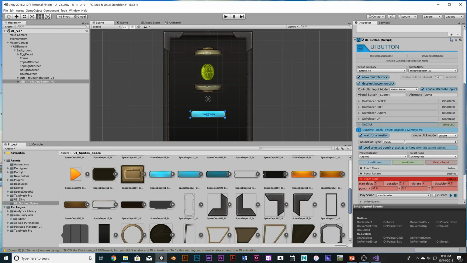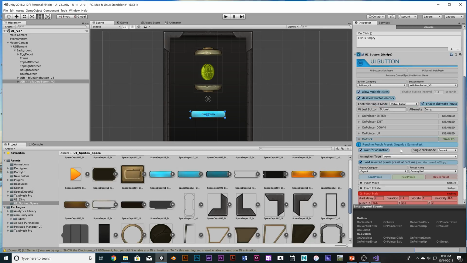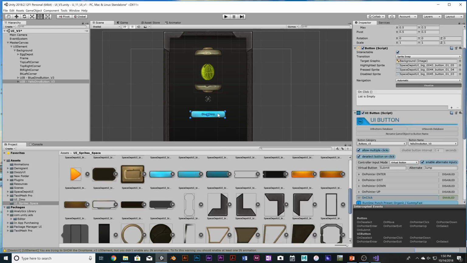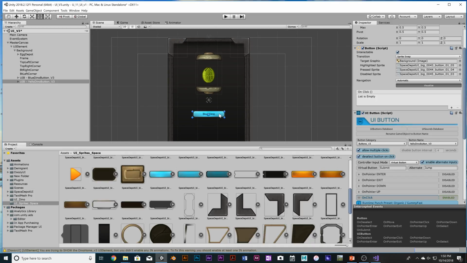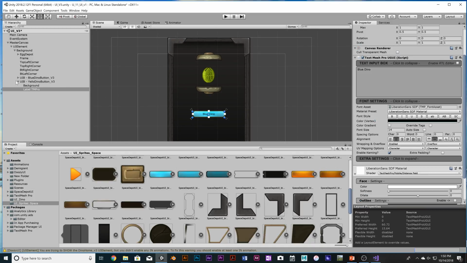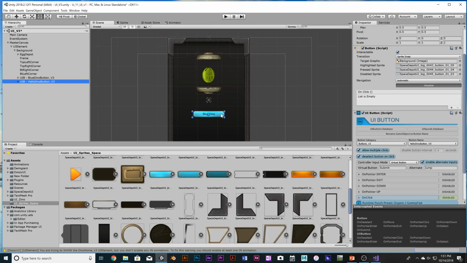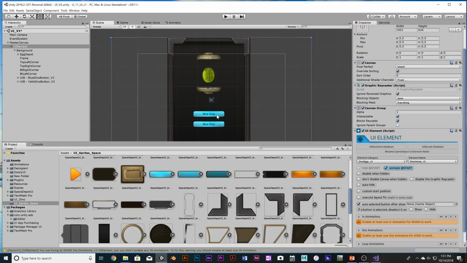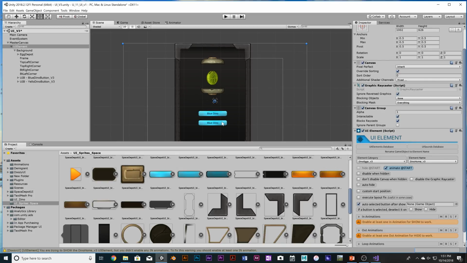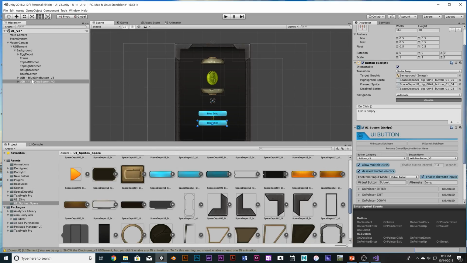Basically, because we copy the previous component and it's all set, we don't really need to do anything except swap the sprites. So basically we can totally do this, and place it in a cool place. Okay, cool. This one, and then we need to swap